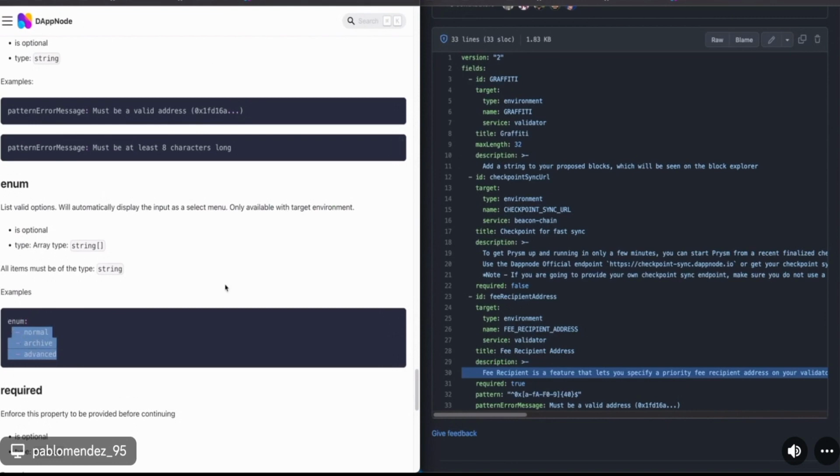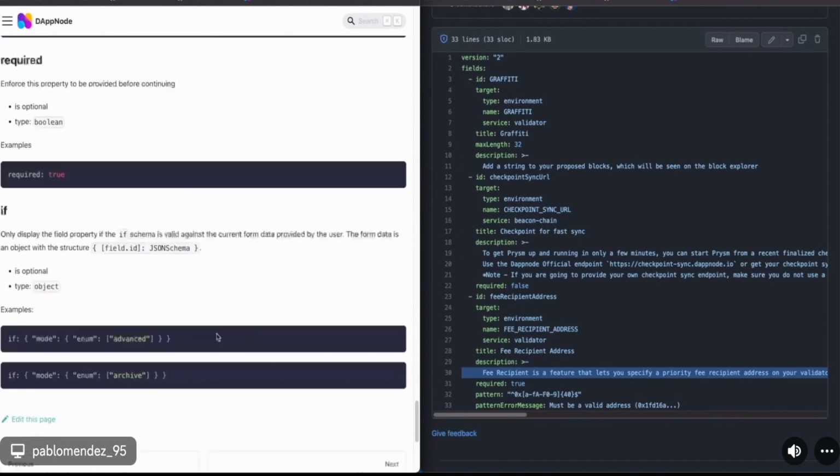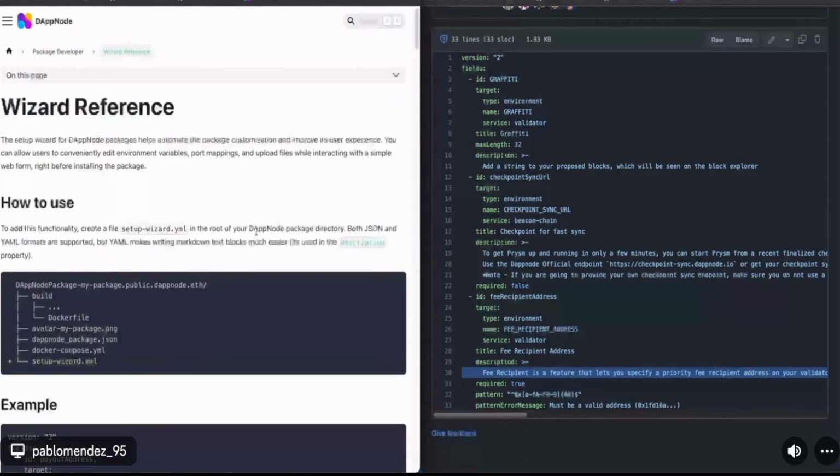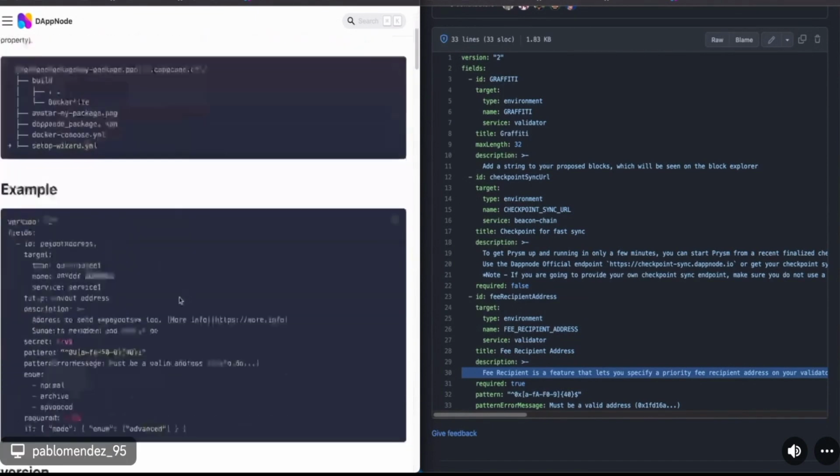Both the manifest and the wizard have a lot of things to read, but they bring you a lot of opportunities to get values and inputs from the user.